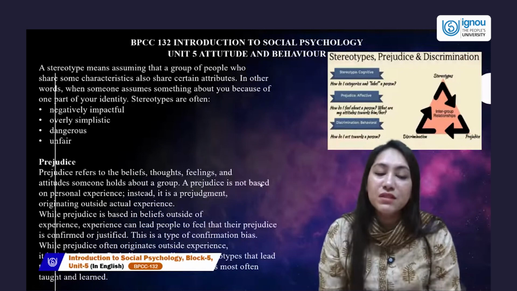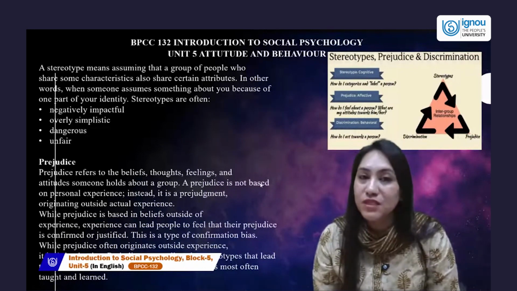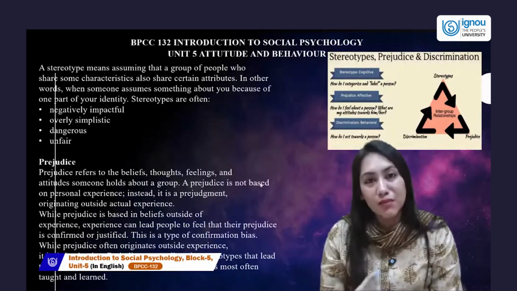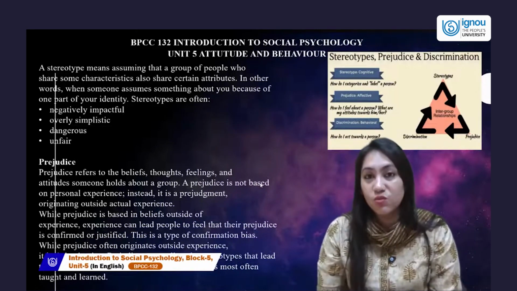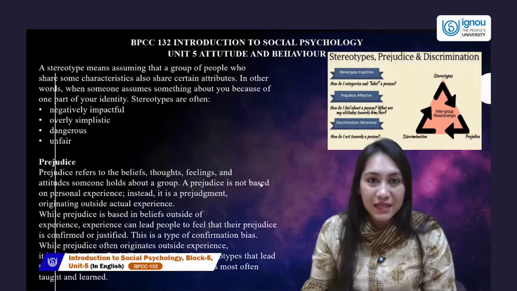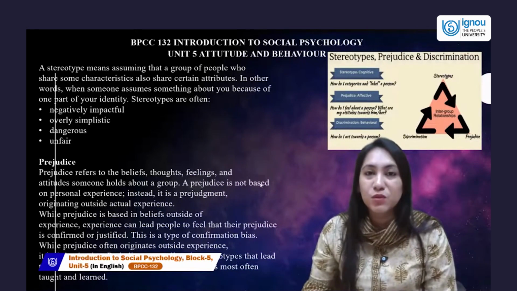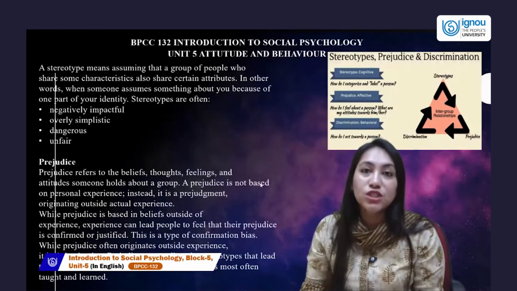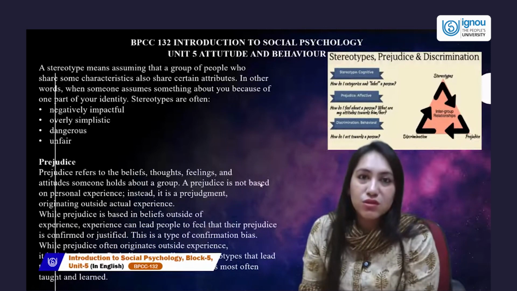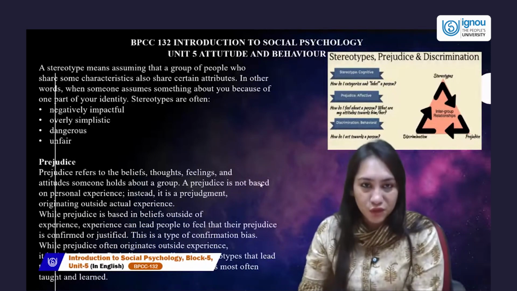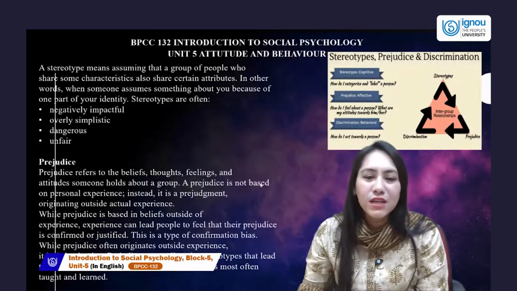Experience can lead a person to feel that their prejudice is confirmed and justified. So the fact that, as I said, it was outside your experience, and one experience is done, and you share that: okay, I had this prejudice that these people are misers, these people do not share. And you just have a very small experience which is very close to justifying that they're misers, that will solidify that prejudice of yours. So that prejudice could be negative or anything.